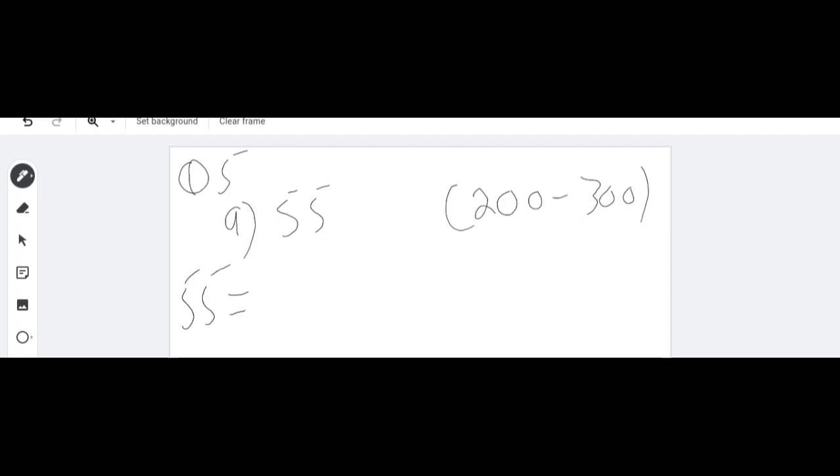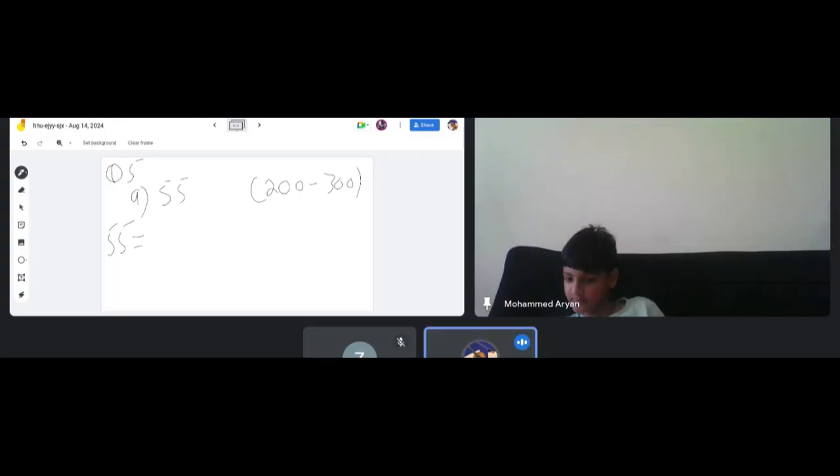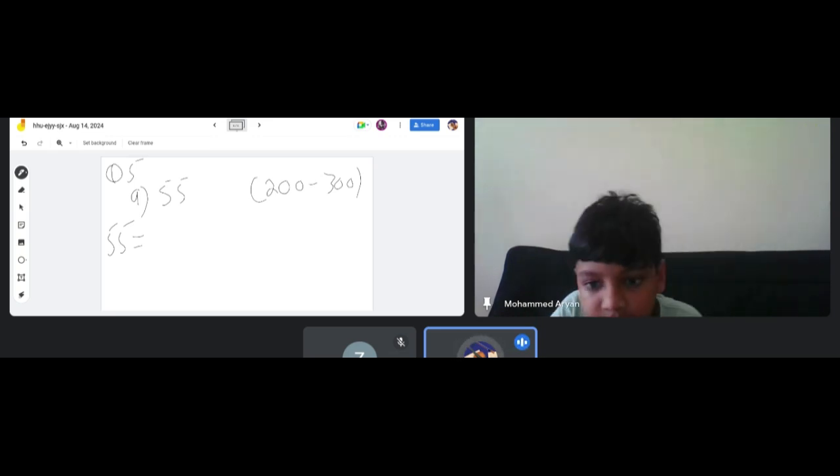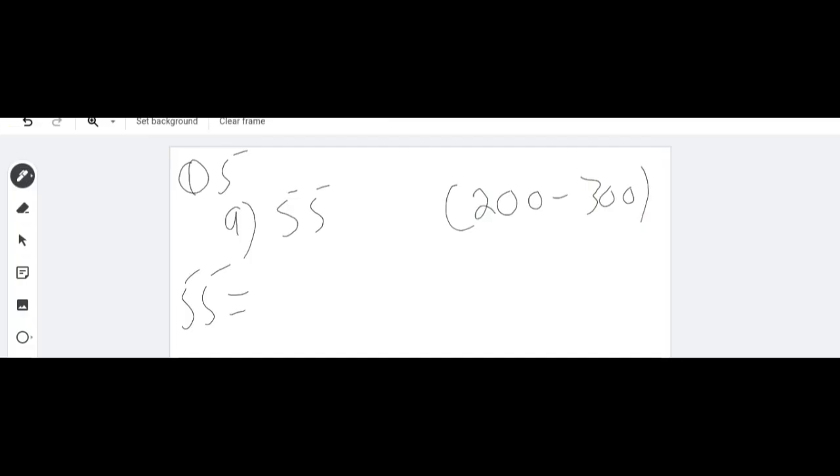If there are 2 digits, you have to write the table also. How can 55 start from 40? No. It means that we have to write the table of 55. 55 ones are 55. 55 twos are 110. Okay. 55 threes are 165. Okay. And 55 fours are 220. So I have to start from the 200 range. So I have to pick which number? 220. So I'm just writing the table of 55.